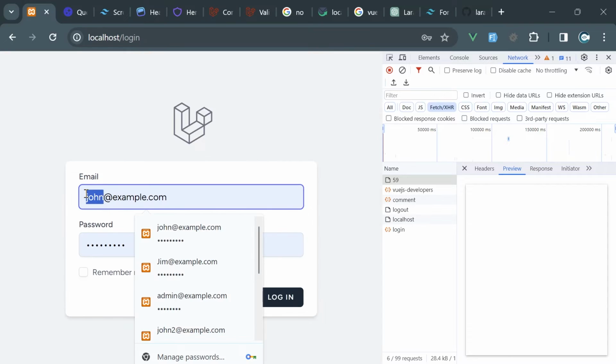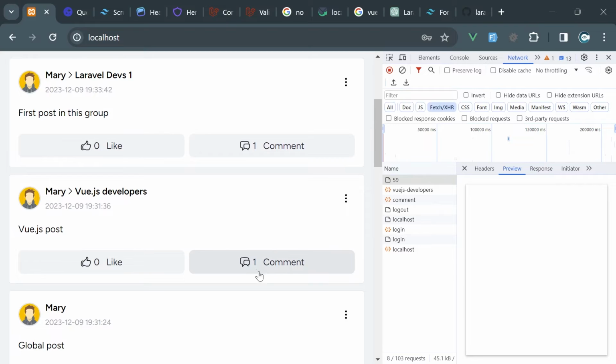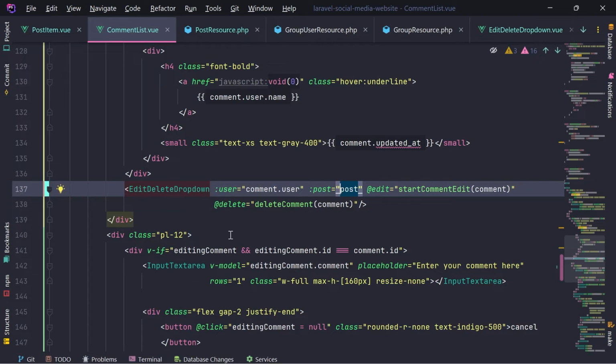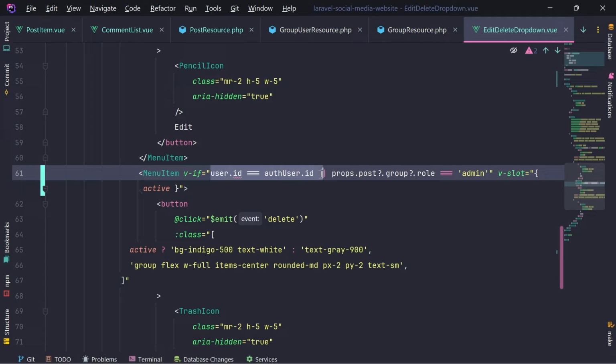However, now let's log in with Mary user. And even though Mary is not the admin of these Vue.js developers, Mary is the owner of this post, and Mary is able to delete or edit the entire post, but Mary should also be able to delete John's comment. And we are going to do this by adding another if right here. Okay, so this checks if the current user is the